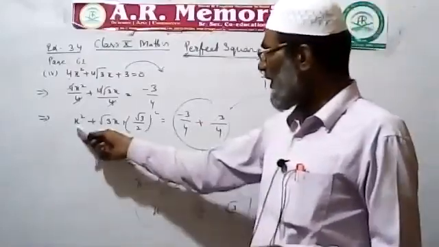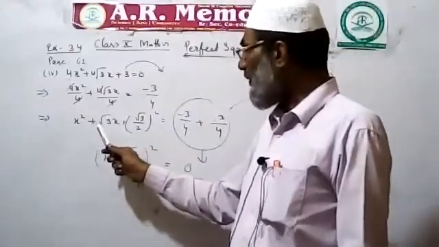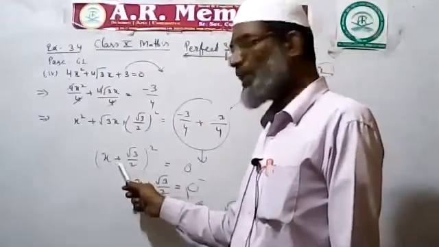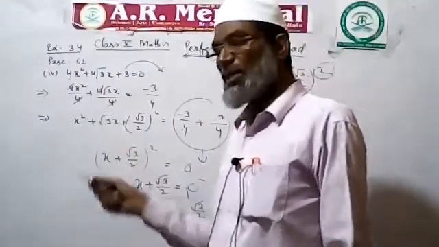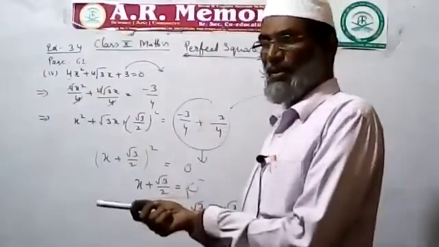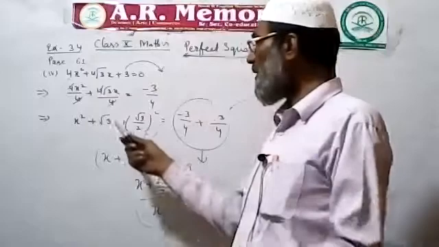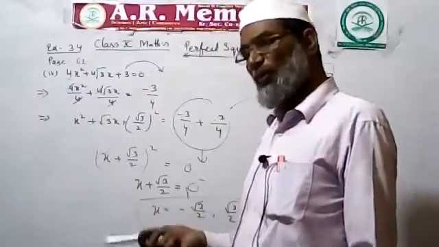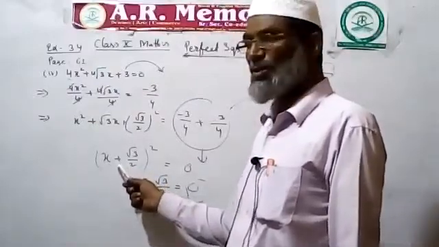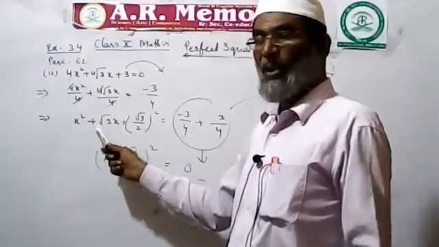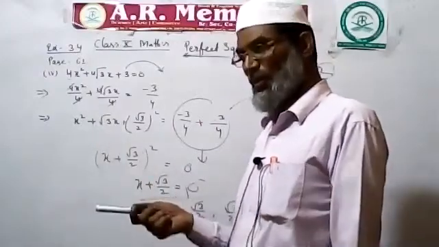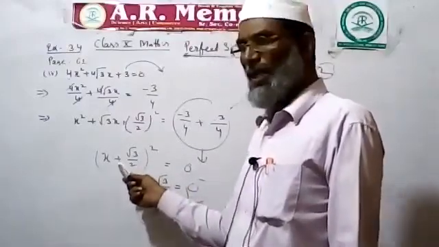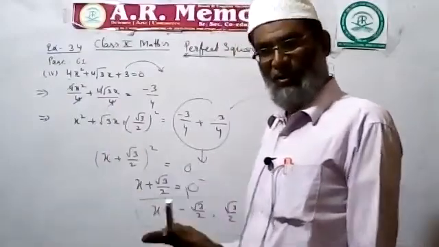Now here, first and last. If you look carefully, this is positive. So our whole square, or complete square, is written with the positive form when the middle term is positive. In the previous questions, if you look carefully, the middle term is negative, so our whole square will be negative, and when the middle term is positive, our whole square will be positive. In the previous first question, you see the middle term is negative, so our complete square, the perfect square, is negative. This sign will be decided by the middle term of the question. It will be clear.